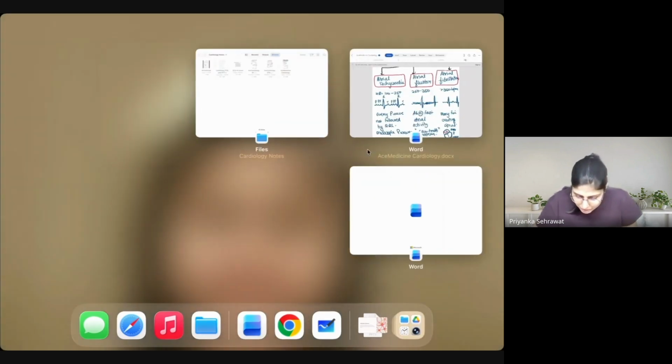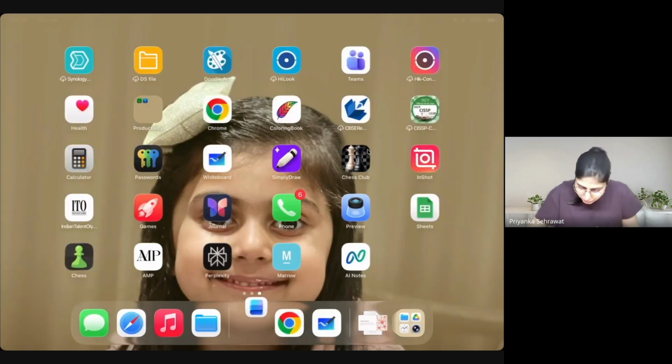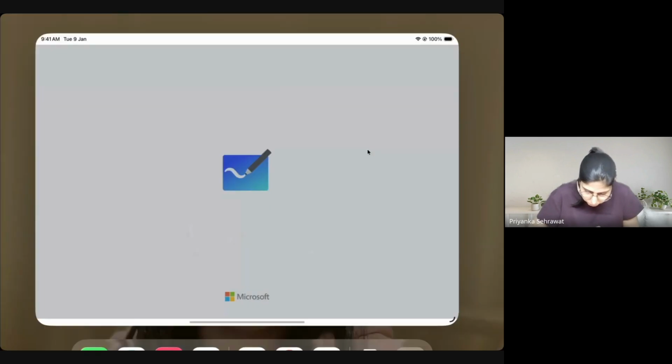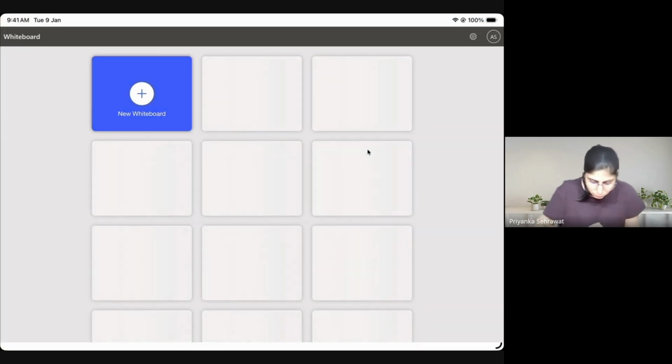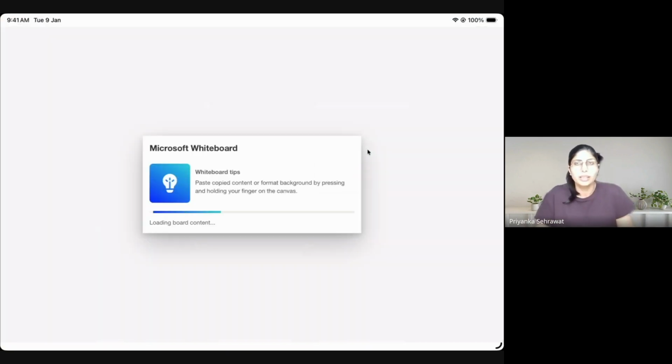Now let me tell you this on the whiteboard. एक बार मैं समझा देती हूँ आपको. Atrial arrhythmias, right? Atrial arrhythmias, three types: atrial tachy, atrial flutter, atrial fibrillation. Let me teach you how this happens.